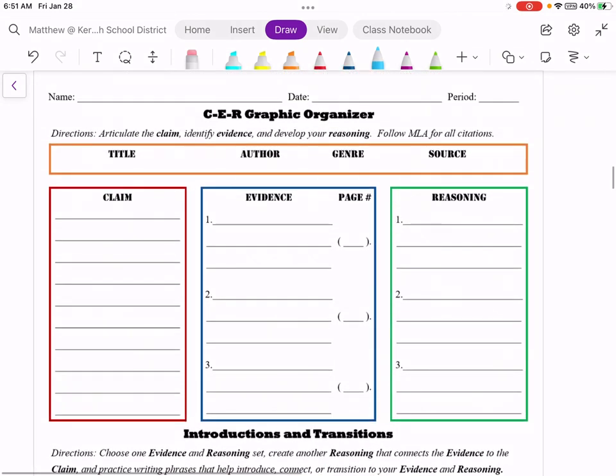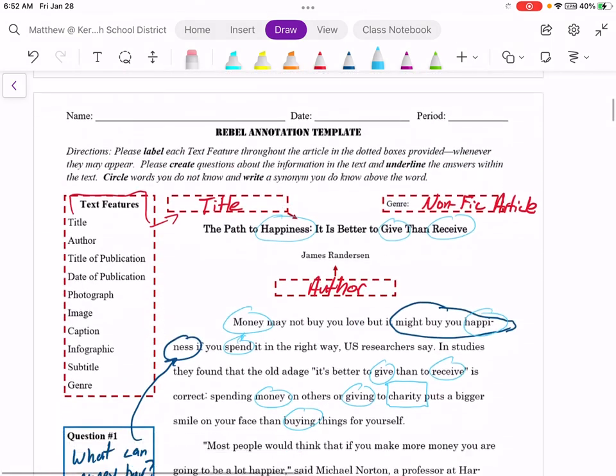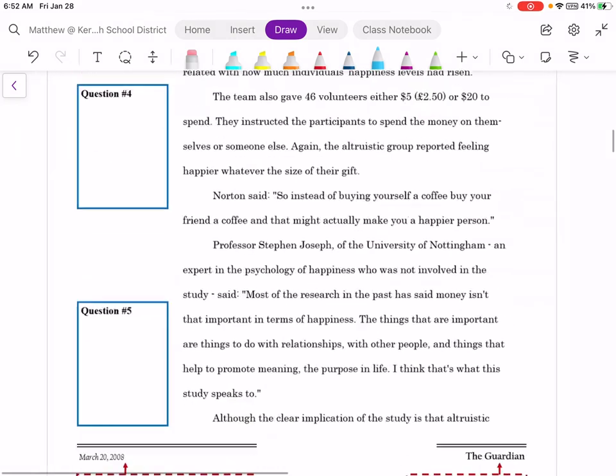The next part of this final exam is a CER graphic organizer. So in this CER, it might be wise to argue, to claim what the article itself is claiming. It's better to give than to receive.